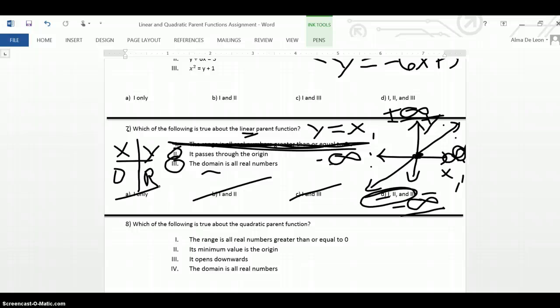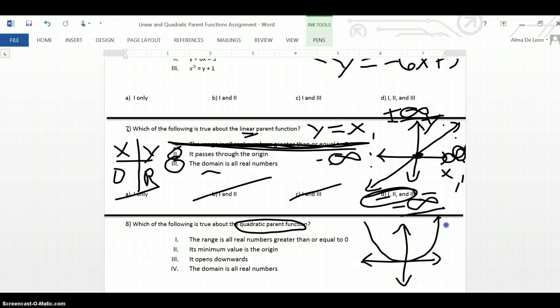Okay guys, do the same thing for number 8. You're looking at the quadratic parent function, which means you have to start by drawing out the quadratic parent function and analyzing it. Figure out what's its domain, what's its range,